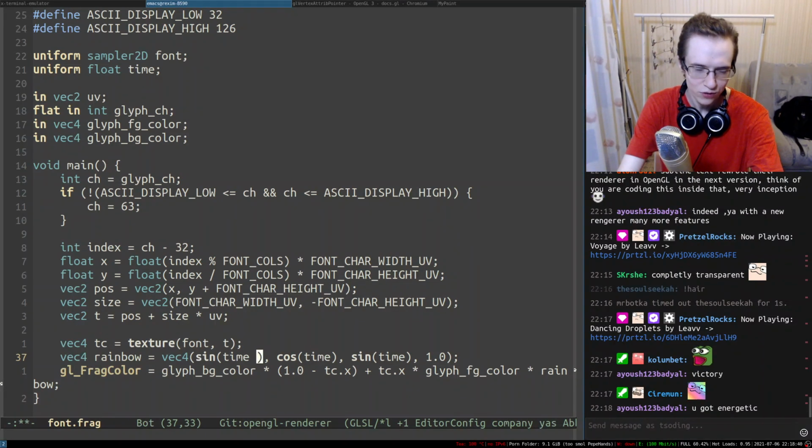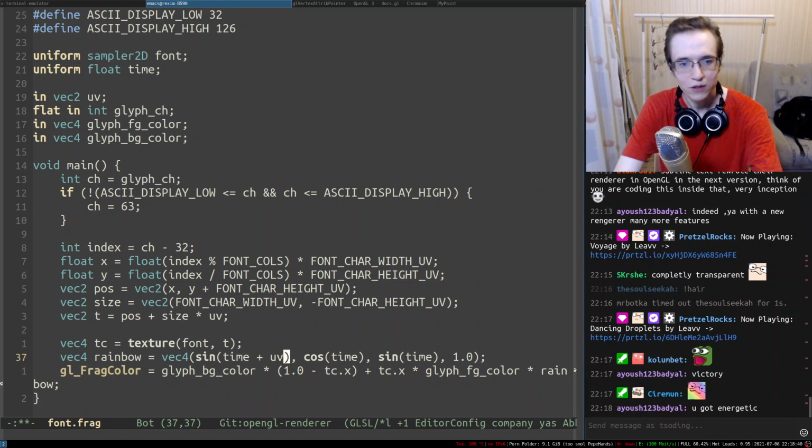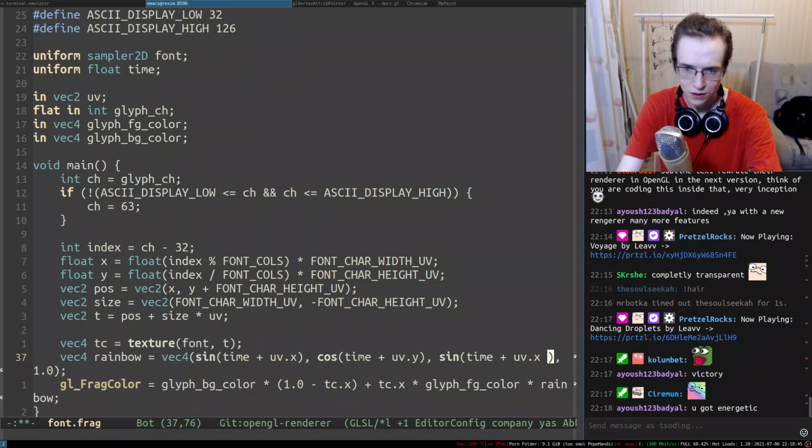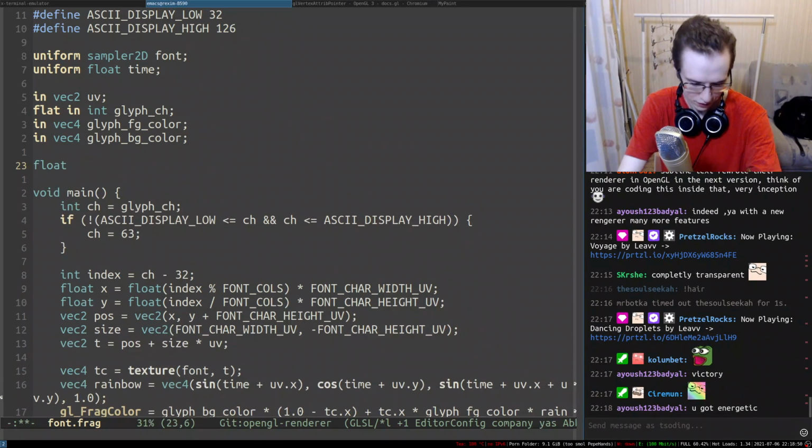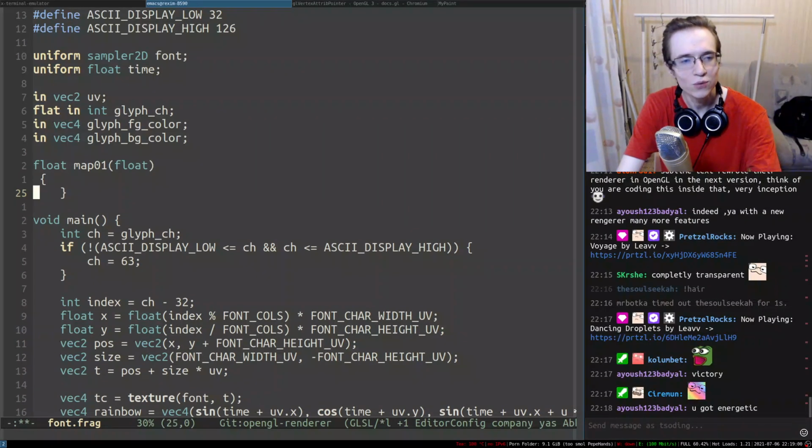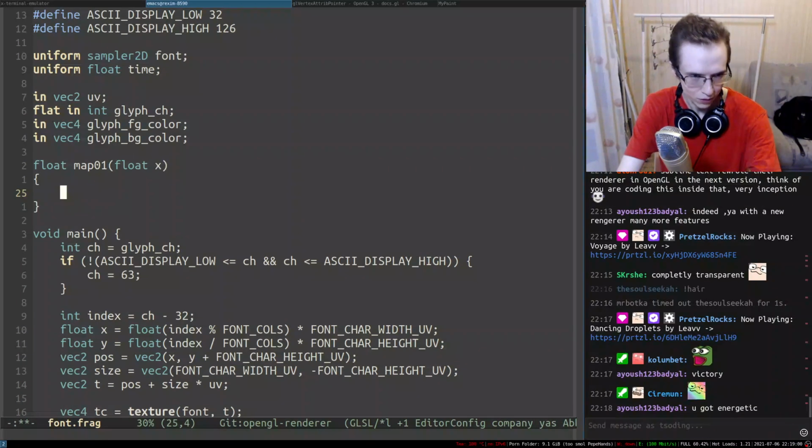So if you add UV in here, something like UV plus X, then UV plus Y, and here you have UV plus X plus UV plus Y, and also it would be nice to have a function that maps to 0, 1. So essentially it gets the value from -1 to 1 and maps it to 0 to 1, right?